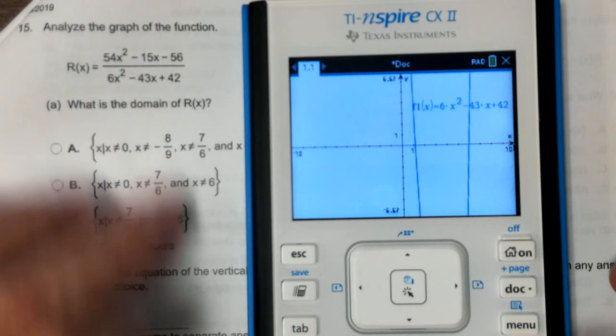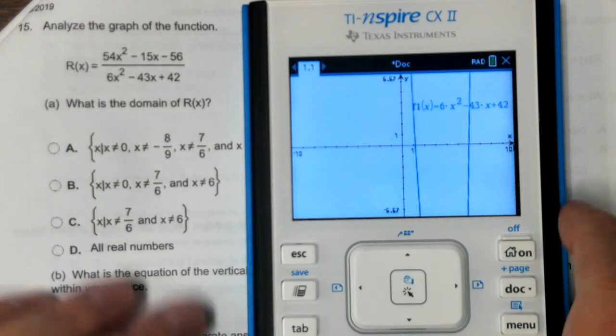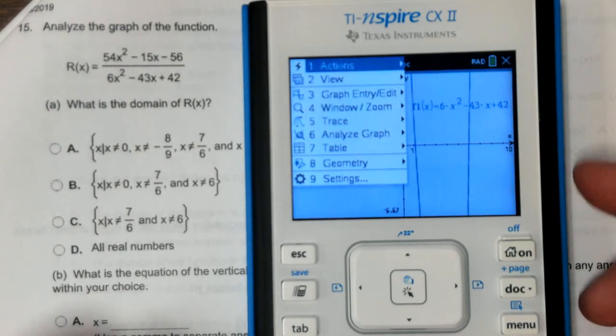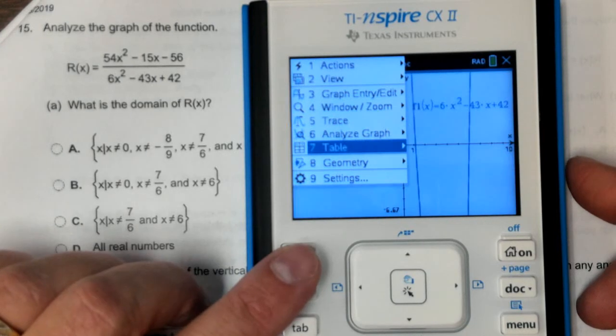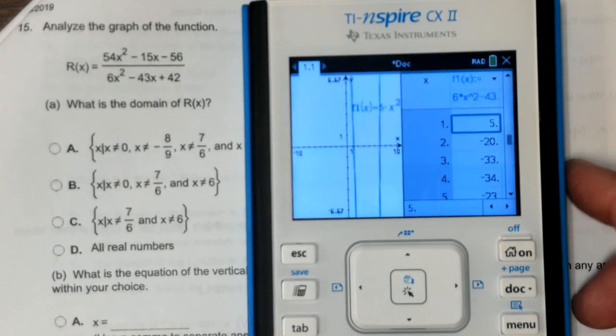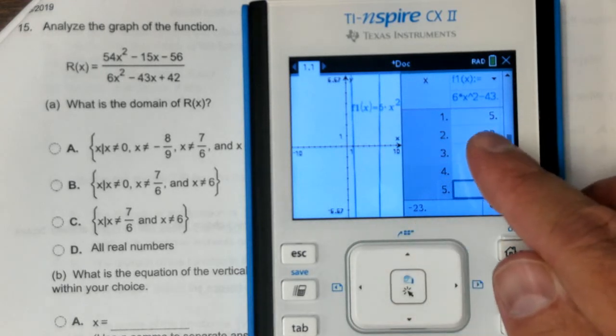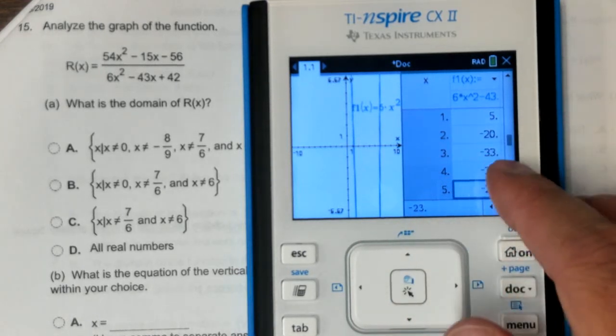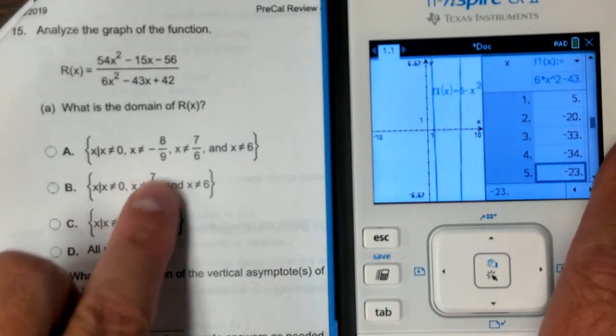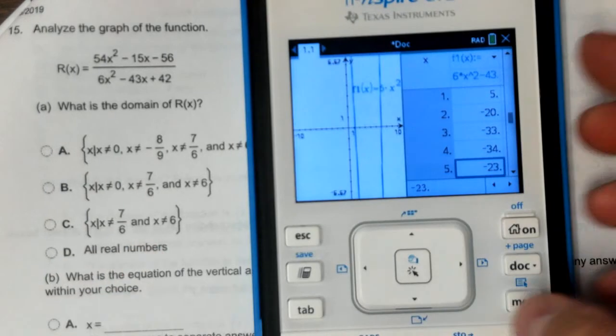Okay, so this, go to our table. Well, between 1 and 2. So the table isn't going to help us completely. Also, you can notice some of these are fractions. So